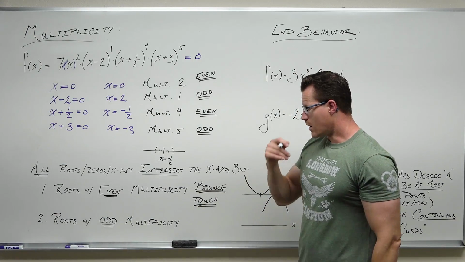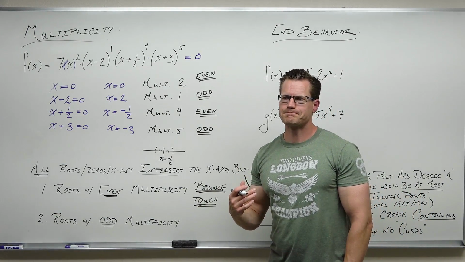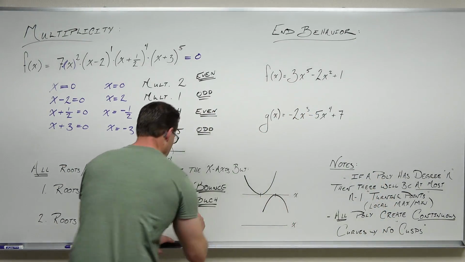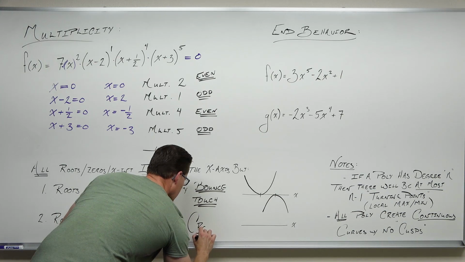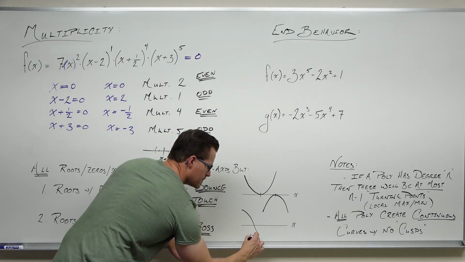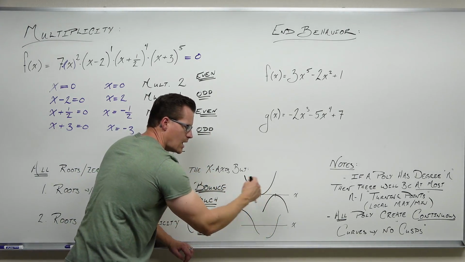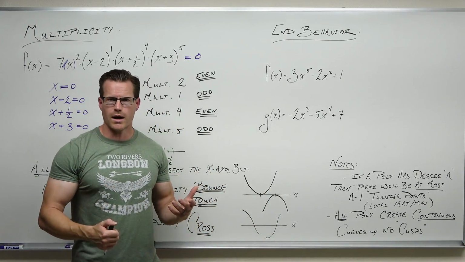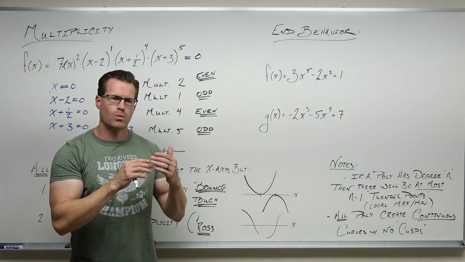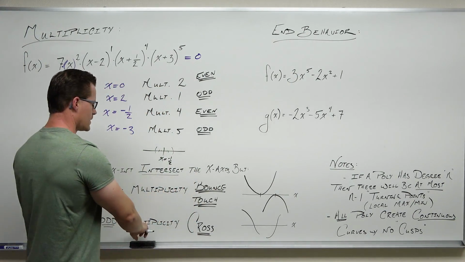As far as odd goes, if you have a zero or a root with odd multiplicity, you're going to cross the x-axis at that point. So you'd look something like this, or that, either coming down and crossing or coming up and crossing the x-axis. Why? Well, because we know that with odds, once we get a different sign, so if I pick a number, let's say this,